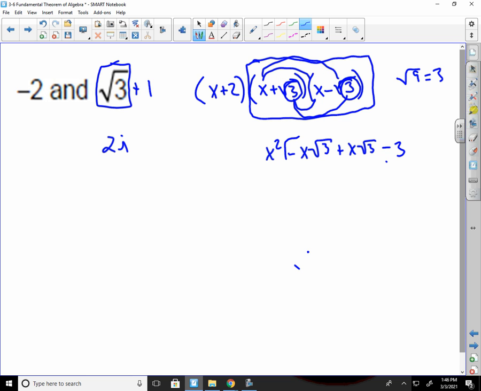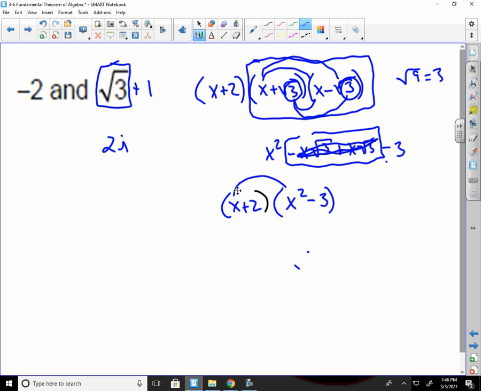Now, because we kept these together, when I look at this now, negative x root 3 plus x root 3, those are the same things with opposite signs, so they cancel. I'm left with x squared minus 3. Now I just have to multiply that by x plus 2. Distribute x,